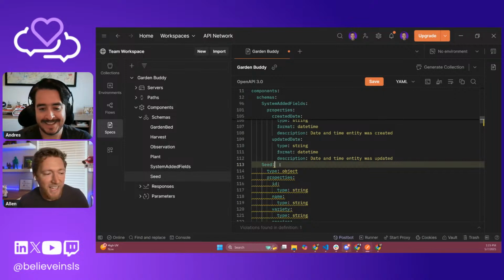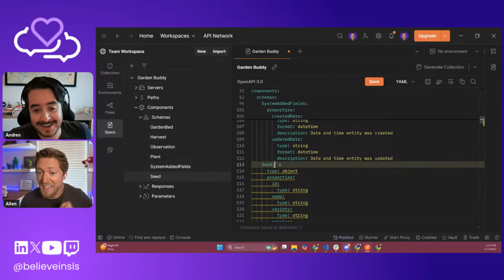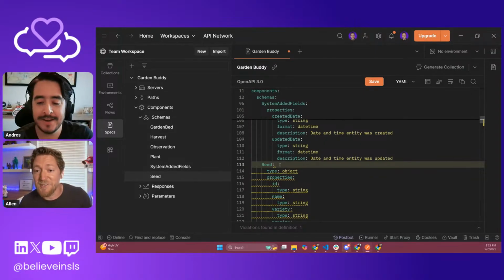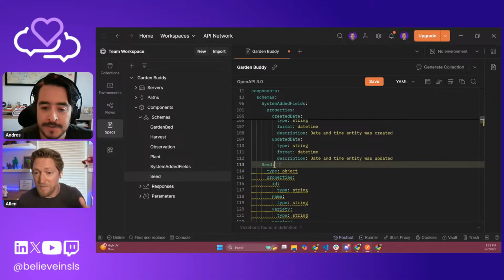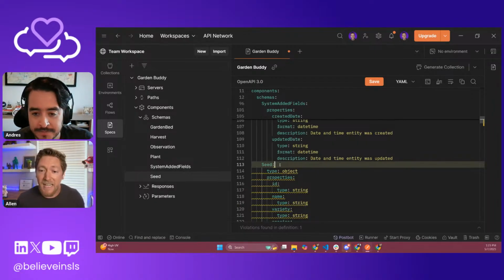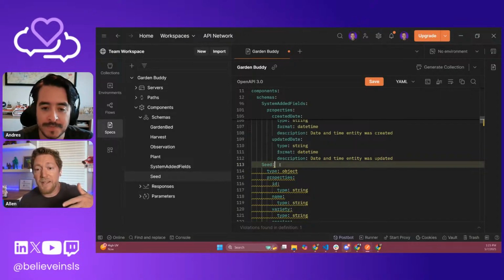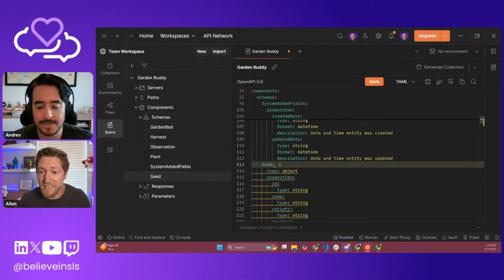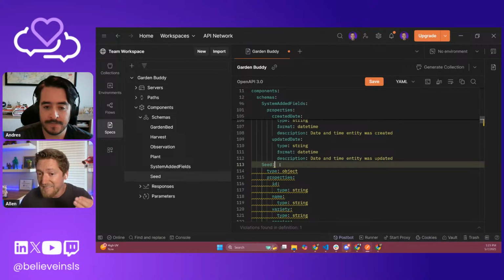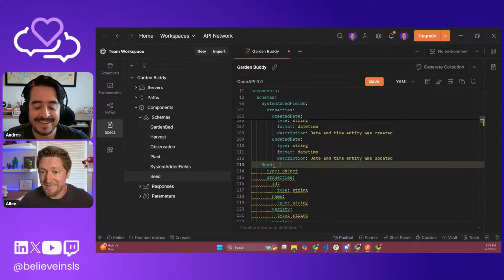If I say I'm adding Ford Hook zucchini to my seed list, I don't know the planting depth. I don't know how many days to germination. I don't know how many days to maturity. You know what does? An LLM. That's going to be using that endpoint as a tool to fill out this data. So as long as it's optional, I'm not blocking the human from doing it, but I am also giving the LLM an opportunity to enrich my data.